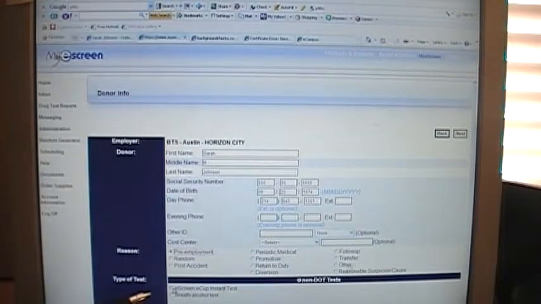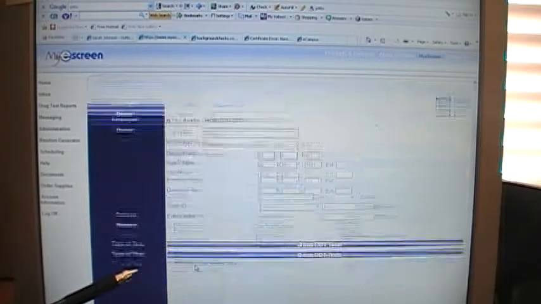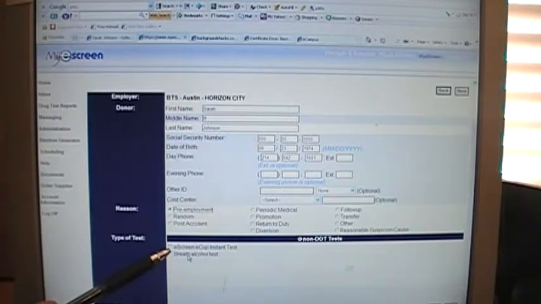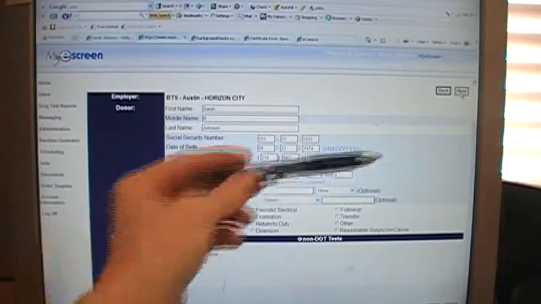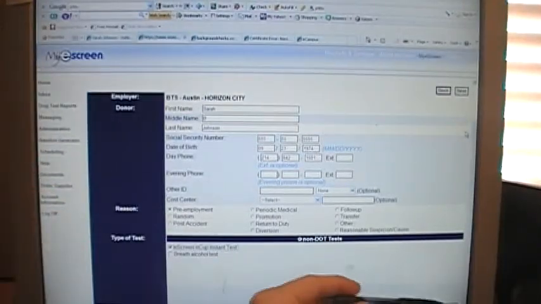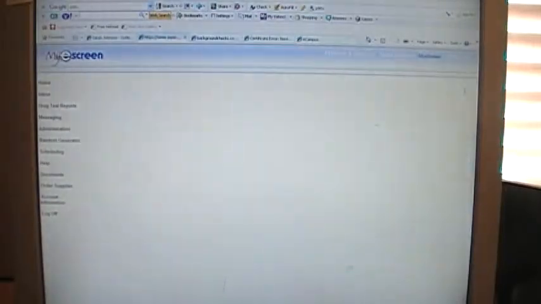and then come down underneath this line. It's hard to see on the monitor here, but down below, I can scroll up. Okay, so down here under this blue line it says eScreen eCup Instant Test. Choose that, and once you've filled in all of this information at this site, then you want to go up here where it says next, or down below. You can click it either way. So you want to click next, which will take you to the next